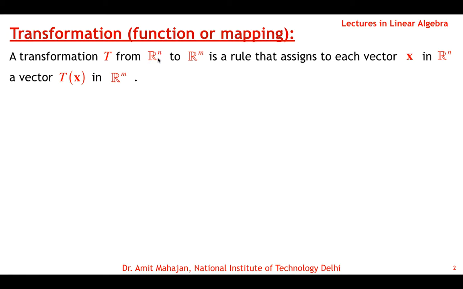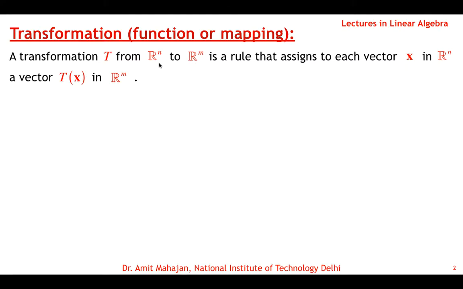Here Rn is the space such that any vector x in Rn will have n elements. And if Rm is a space and there is any vector y in Rm, then y will have m elements. So basically we are trying to link different spaces, like we can link R3 space to R6 space or R4 space to R2 space and so on. It's a transformation which links two spaces, and for every vector x in the Rn space, the transformed vector Tx will be in the Rm space.